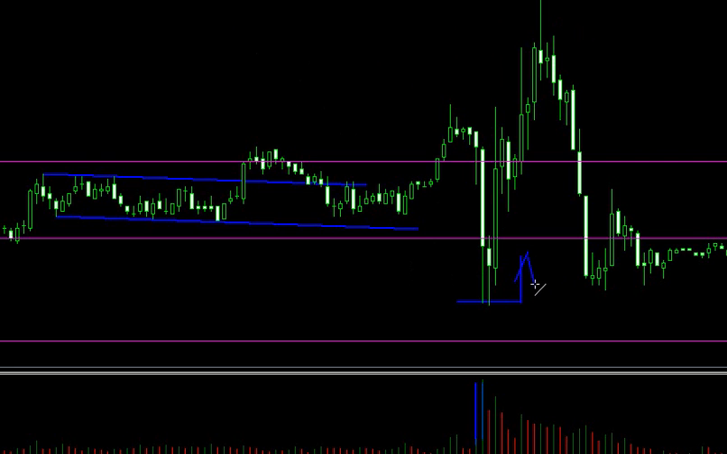But my first target tends to be roughly halfway between the two support resistance areas. So these are the two support resistance areas. I tend to go around about halfway between them, because when price moves, it tends to push up and then slow down when it gets